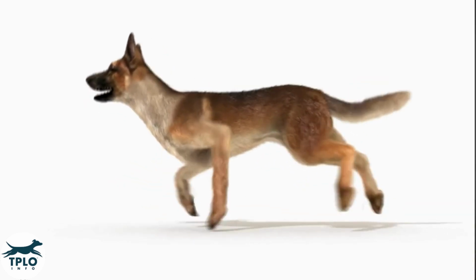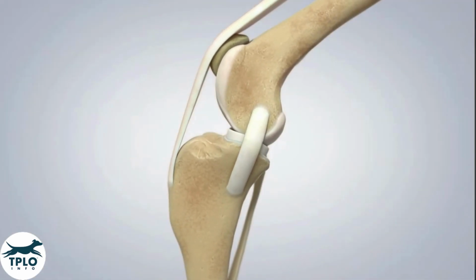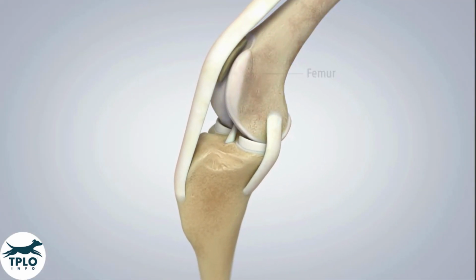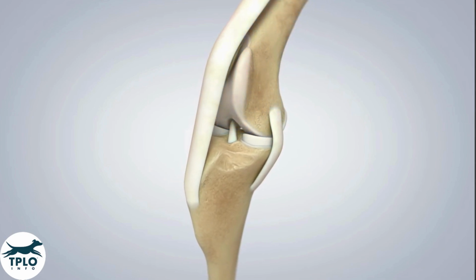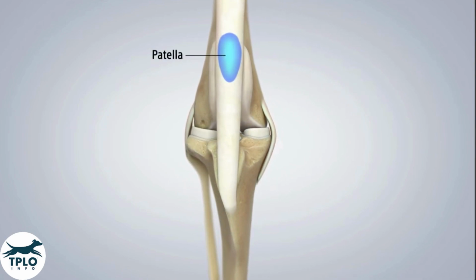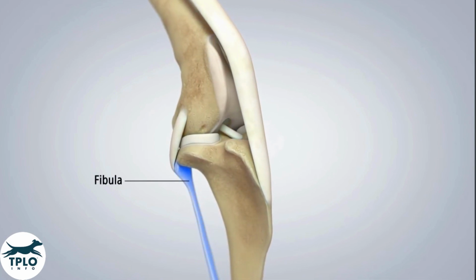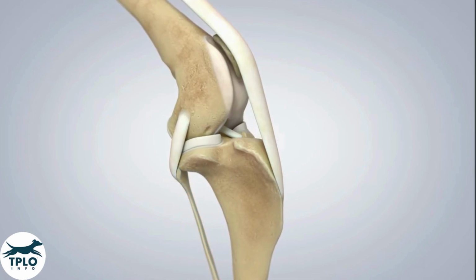In this video, we will review the anatomy of the dog knee, followed by a step-by-step look at the TPLO surgery. For the anatomy, first, the femur in blue. Next, the tibia, the patella, the patellar ligament, the fibula, and from the back of the knee, we'll look at